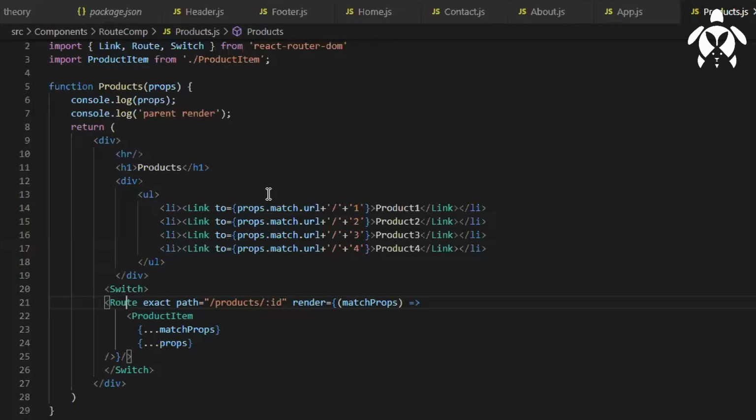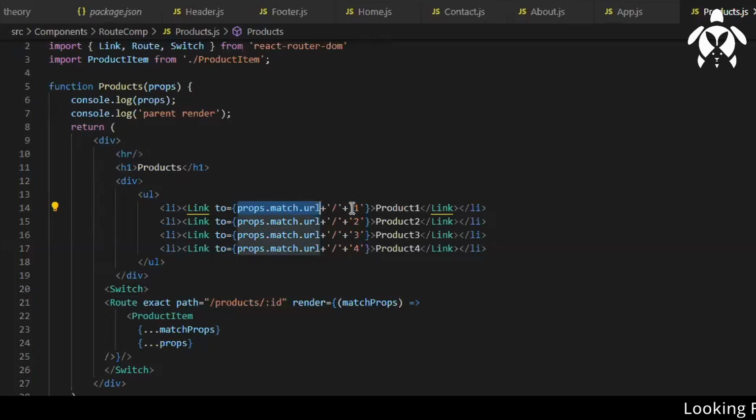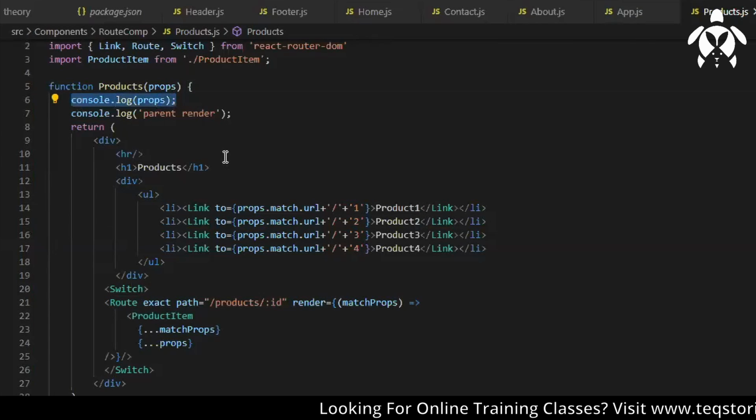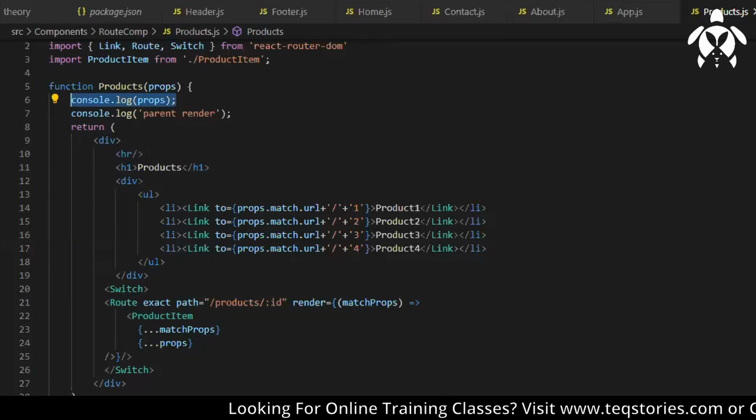So when I click on product one, you can see I'm actually taking up the current URL and appending the route, appending the ID, right? So props.match.url, you have seen how we were getting a prop, right? So let me show you again.